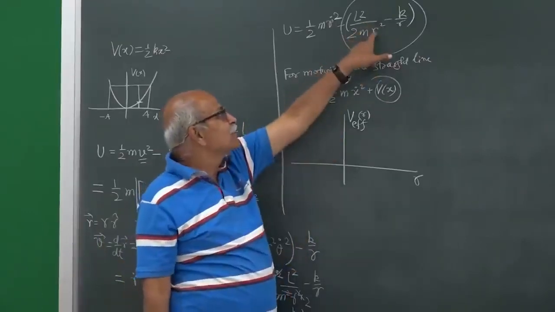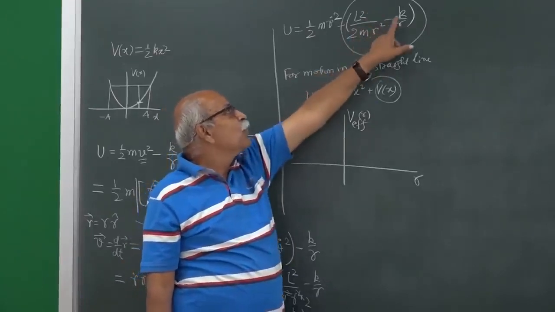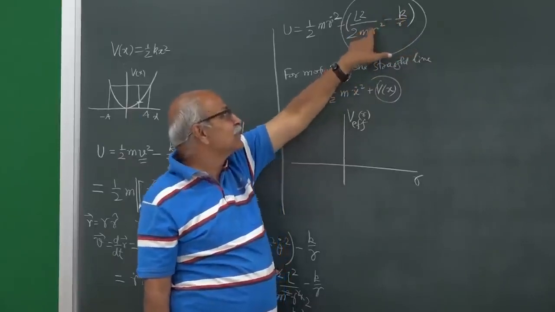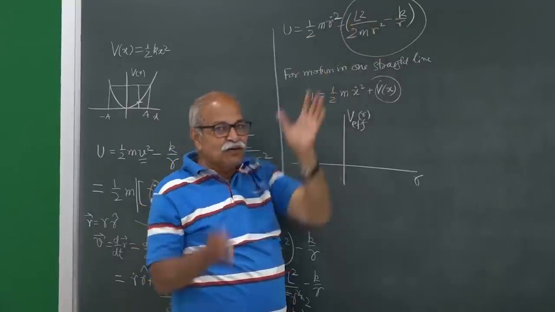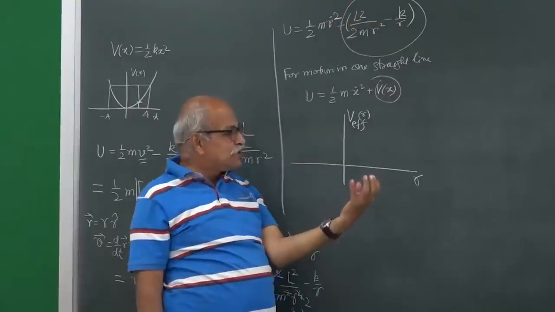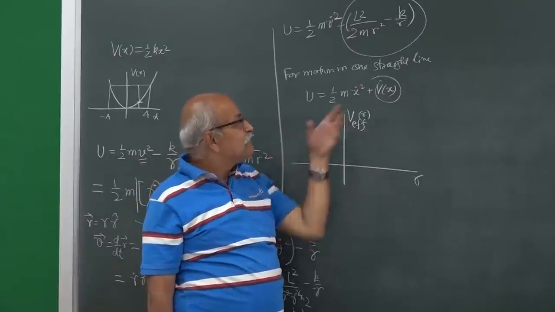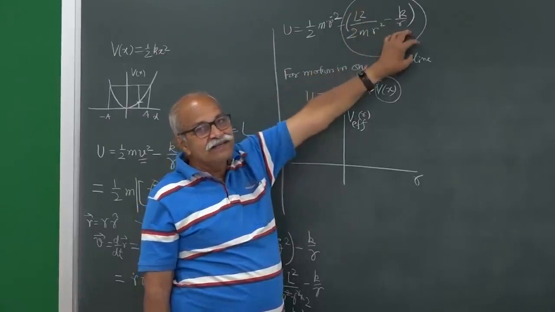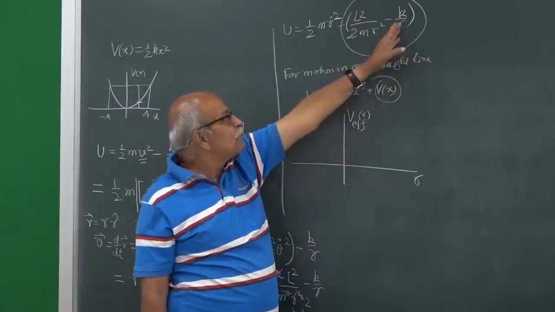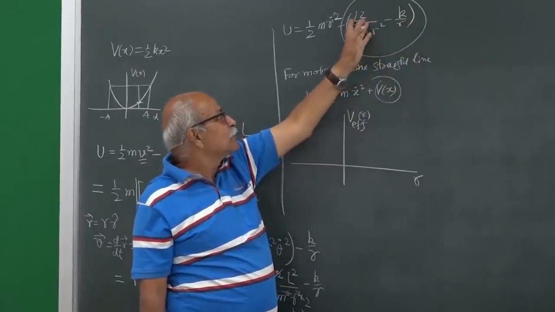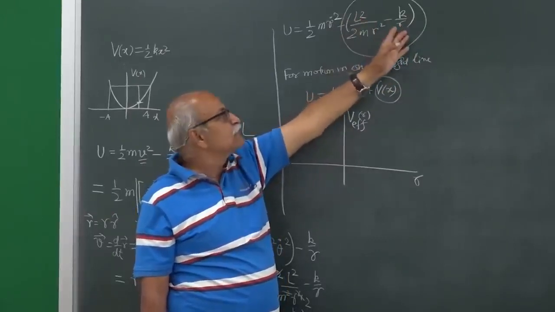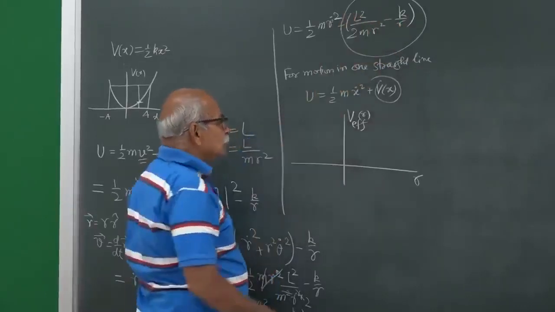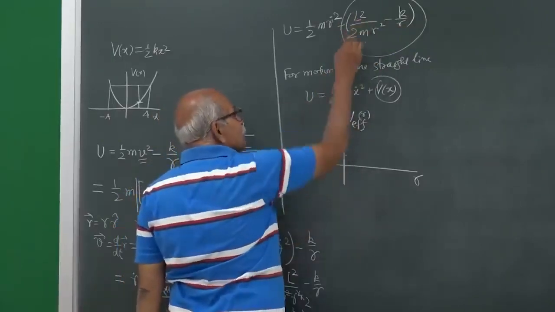So the 1 by r square term will dominate over the 1 by r term. L square, m, k are all fixed, so if r is sufficiently small, you can always make this much larger than that. For very small values of r, the positive term will dominate, and the negative term will be much smaller in magnitude. So for very small r, the value will be somewhere here,